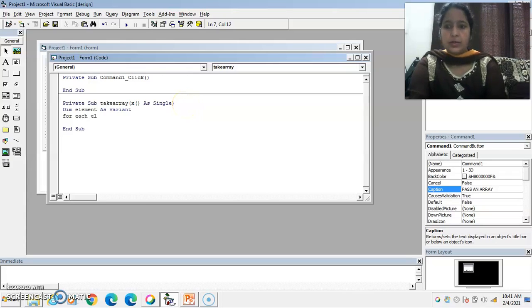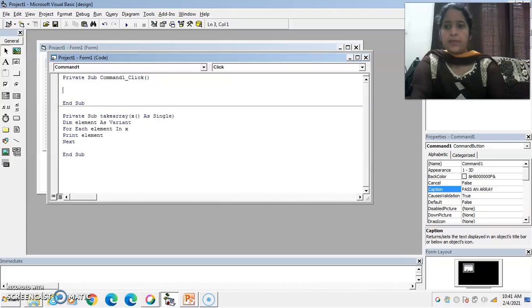So it is a rule that the element in the for each next loop must be of variant type. Print element. Next. Okay.